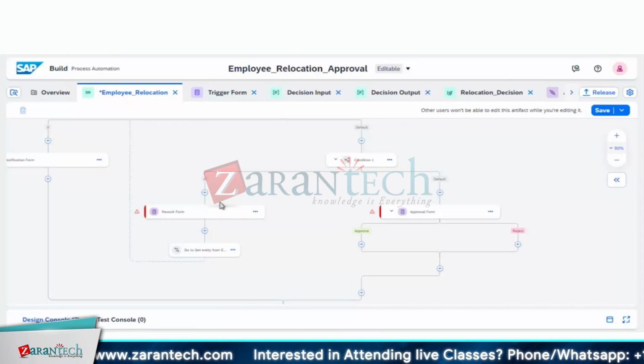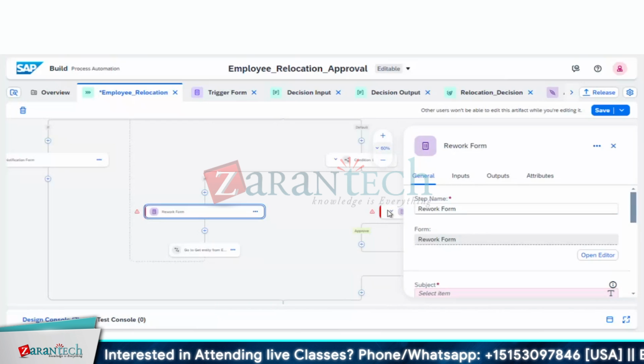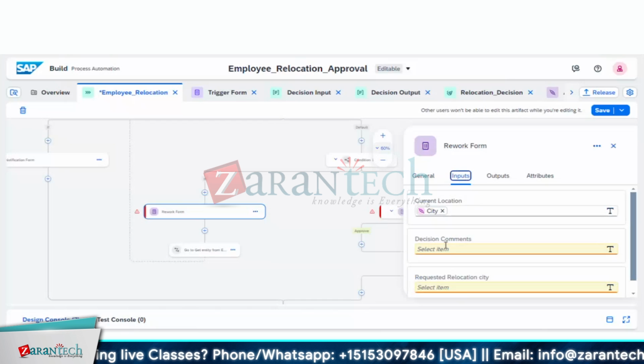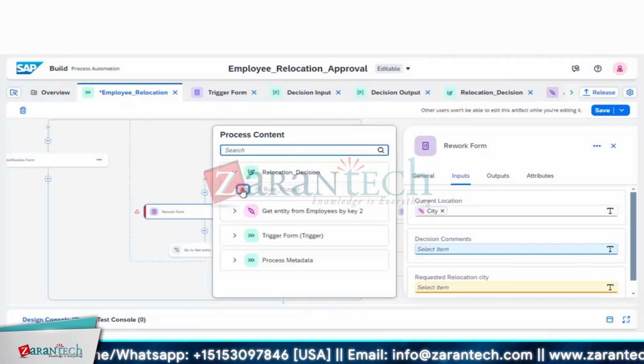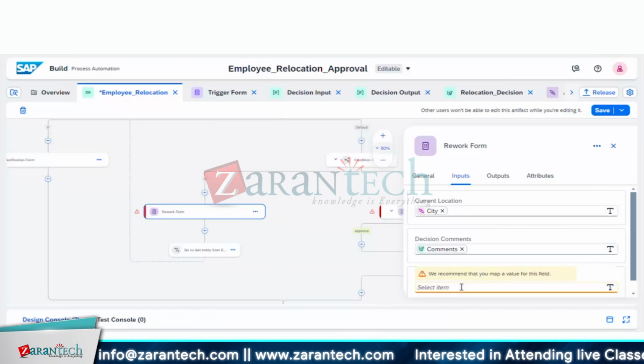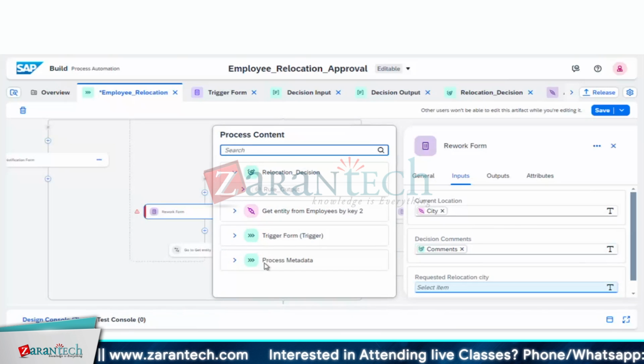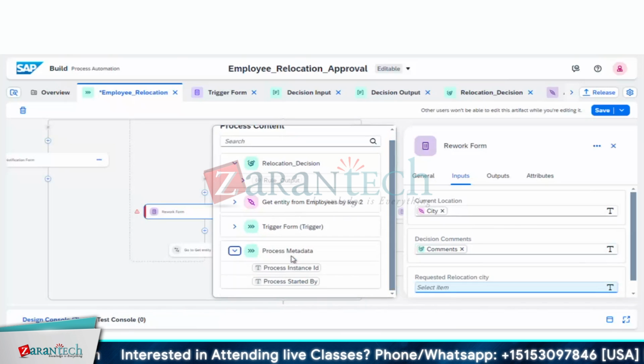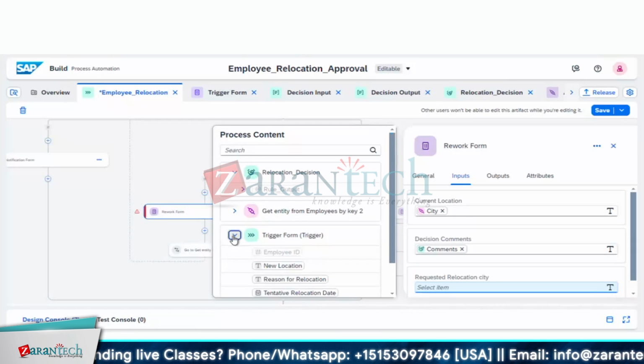Okay. And the decision comments is from the decision table. Okay. Requested relocation city is